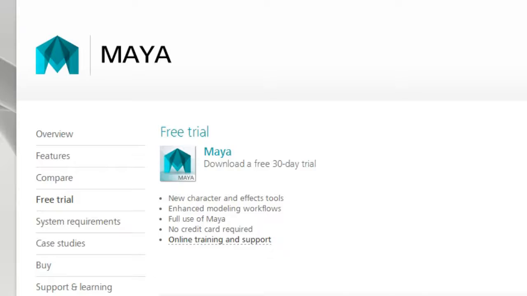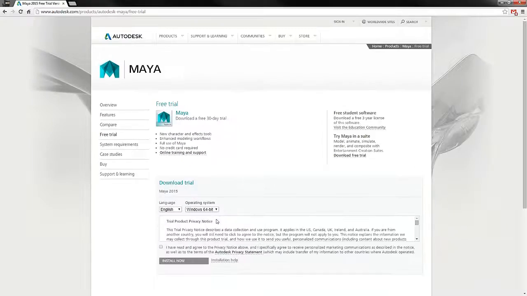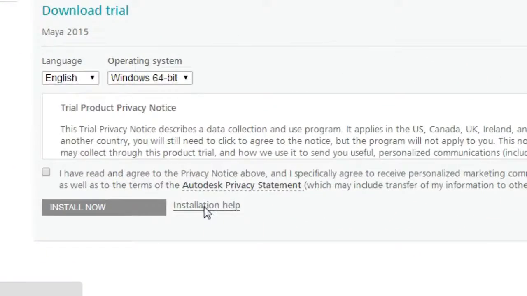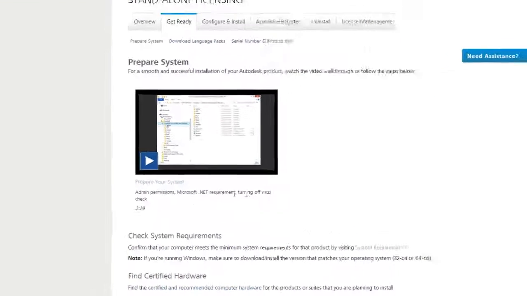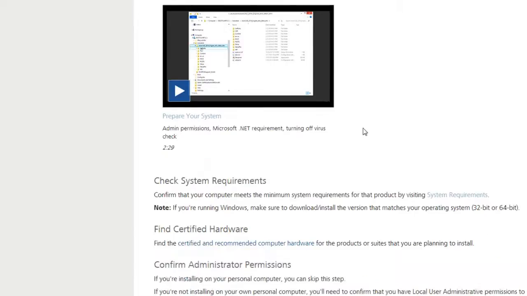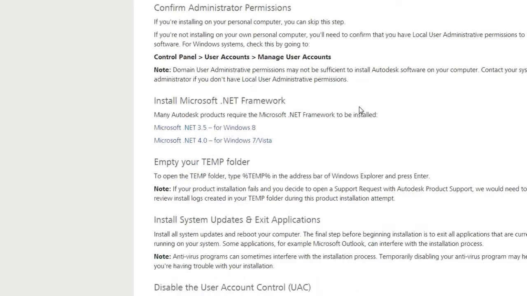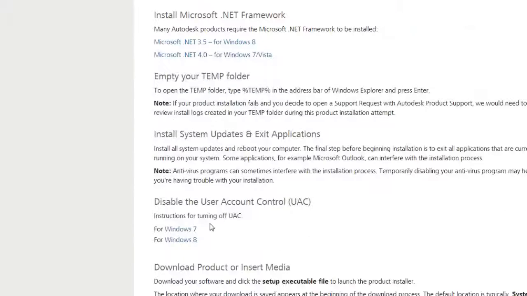Now, just a few tips for installation success. Be sure to select the Installation Help section before installing Autodesk Maya. There's a few things that you may need to do to prepare your system in order for a successful installation. So you can watch this Prepare Your System video, and it's very important that if you're using Windows that you